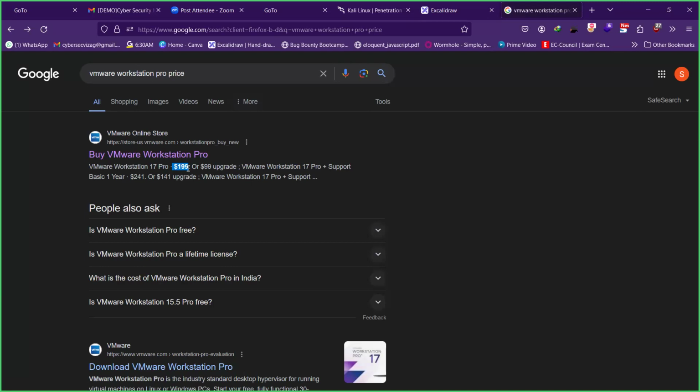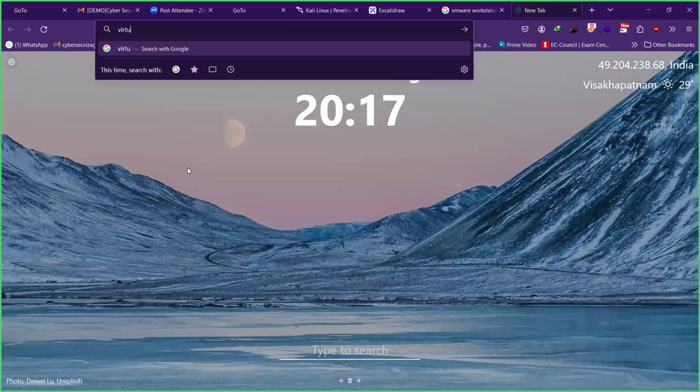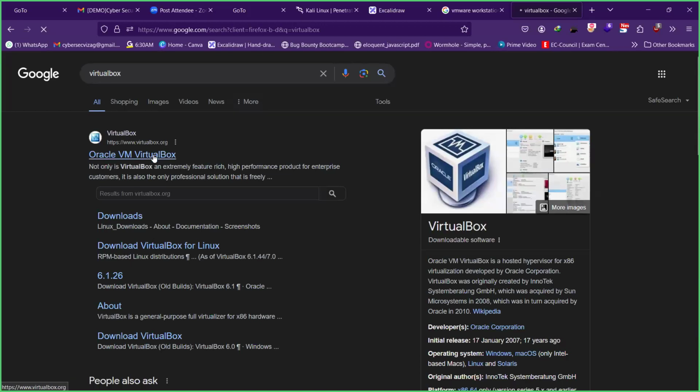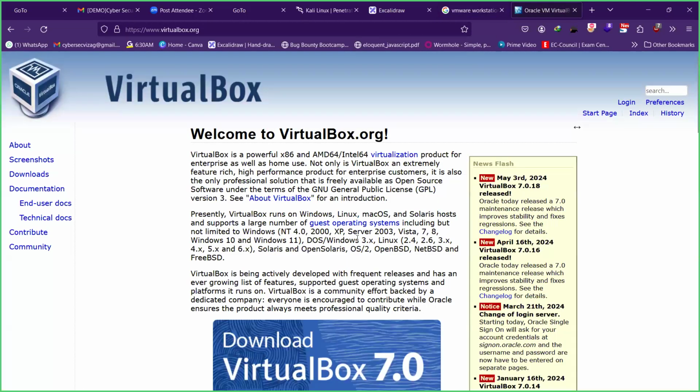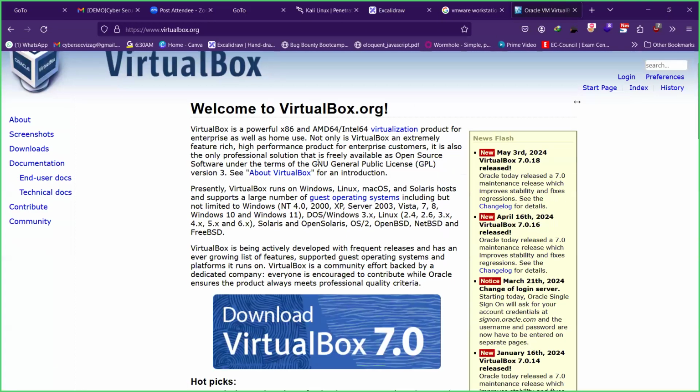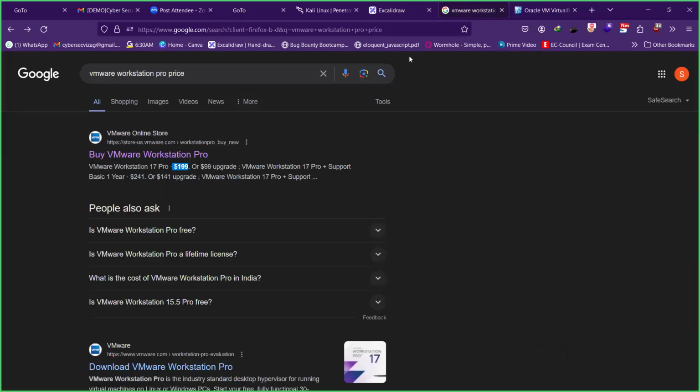If you still don't want to go for a cracked version, there's an alternative as well called VirtualBox. Now, the reason I don't use this is because this is open source and it has a lot of bugs actually. It doesn't work so smoothly compared to VMware. So it's not that user friendly with the interface. Okay. So again, it's your choice. It's your subjective choice. You can go for an open source software or a cracked version. Anything works. Installation procedures are pretty similar, not much difference.